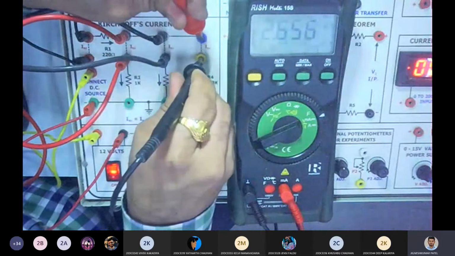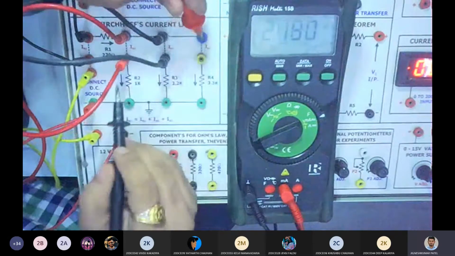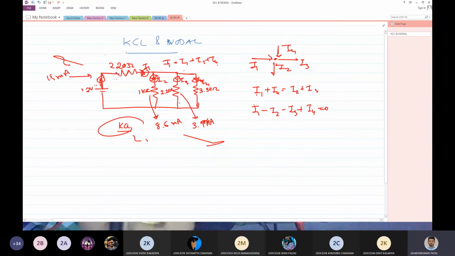2.6 milliampere. Okay, the last final reading, let us say that is 2.65. So practically I have got my four readings: my main current I1 is 15 milliampere, my I2 is 8.6 milliampere, my I3 is 3.9, and I4 is